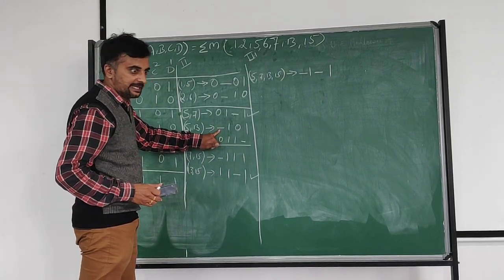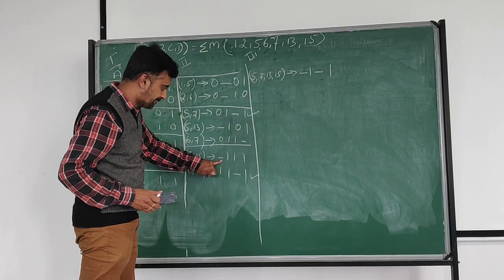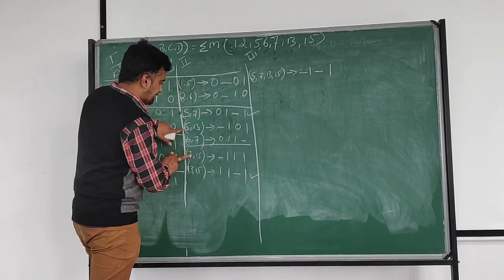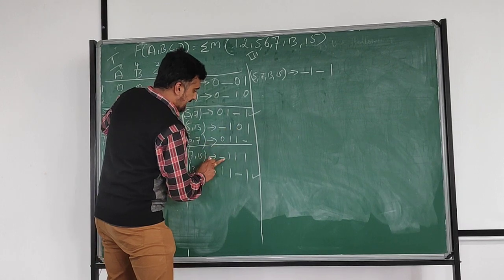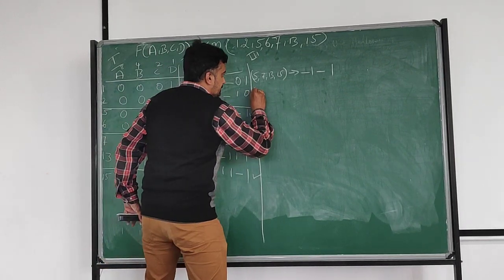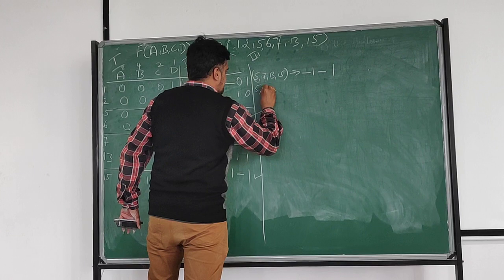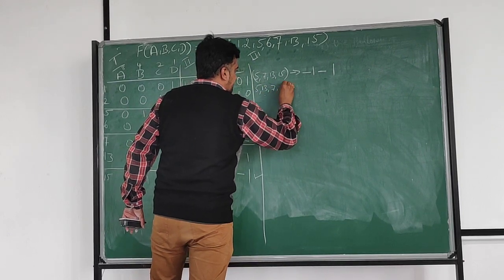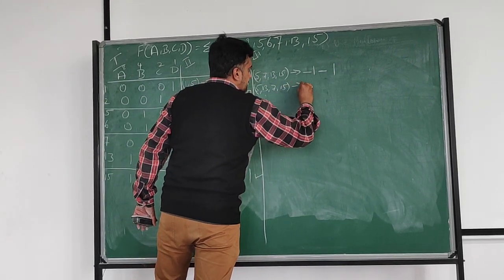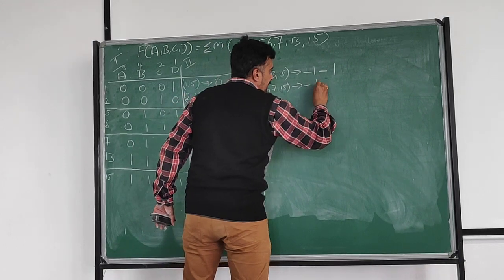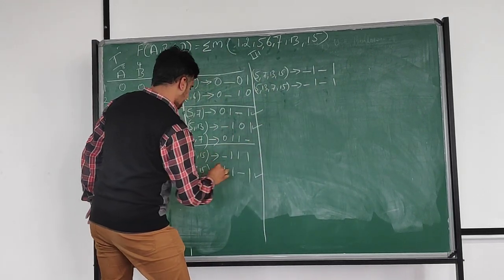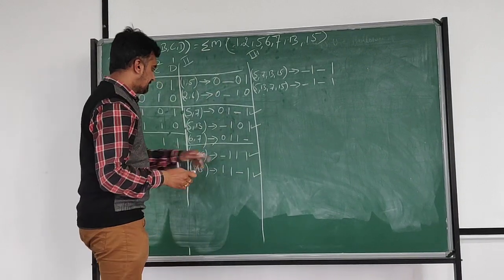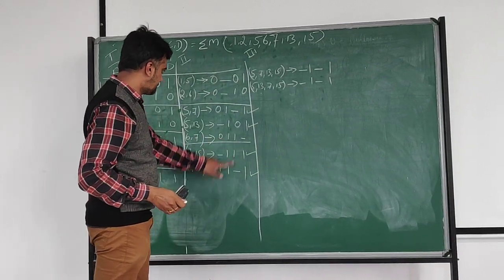After completion of this, come for this one. First dash is available here. Check where this first dash is available. Here the first is available. Compare these two, 5 13 and 7 15. See here, dash dash 1 1 0 1, dash 1 dash 1. That is 5 13, 7 15, that is dash 1 dash 1. So tick these two, 5 13, 7 15, and come for this one, last dash. No, last dash is available.